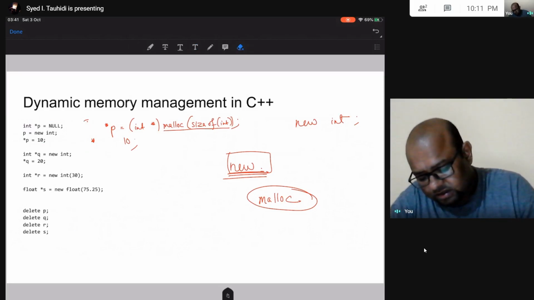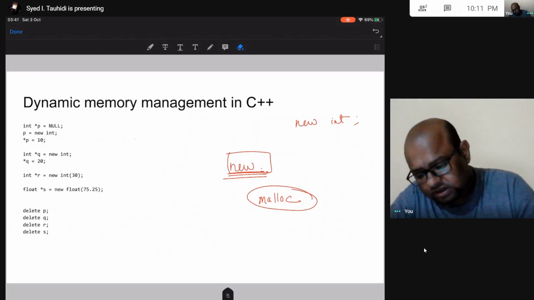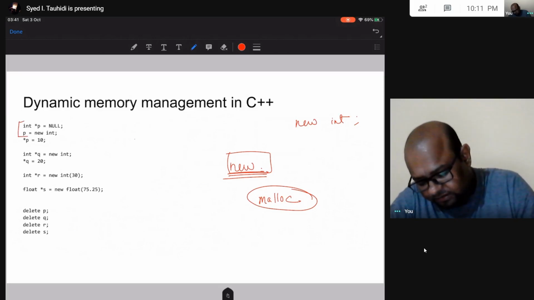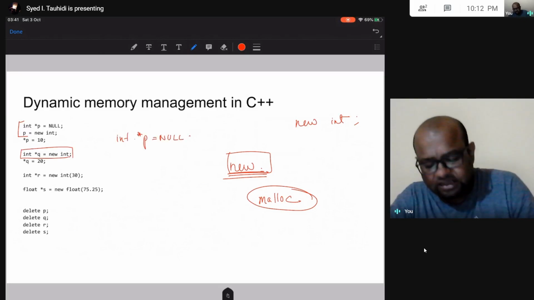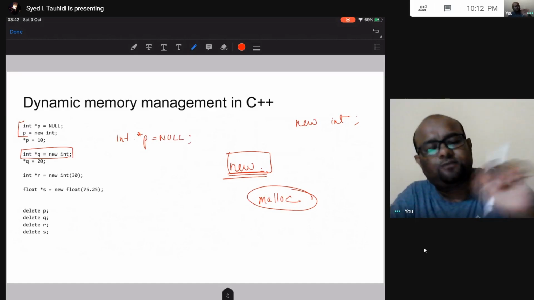Okay, so these two lines I can combine into one line, this line. Instead of writing int *p = NULL, in this line I am creating a null pointer, p is pointing nowhere.